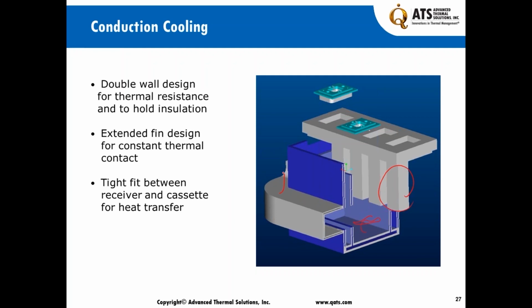Extended fin design for constant thermal contact to make sure that we have very good heat transfer in the opposite direction to extract it from the cassette, or keeping the cassette receiver at the constant temperature, and a tight fit between receiver and the cassette for heat transfer, in order to make sure that there is very little leakage of the fluid. When you're dealing with minus 70 and a room ambient of 25 degrees C, you have almost 100 degree delta T. Every time I have a delta T, I'm going to have heat transfer, both on the conduction side,